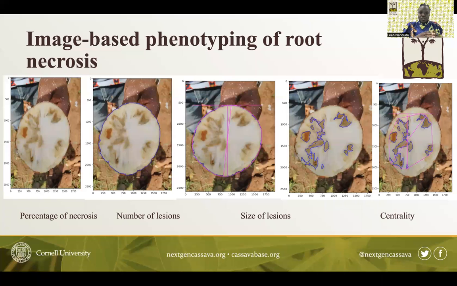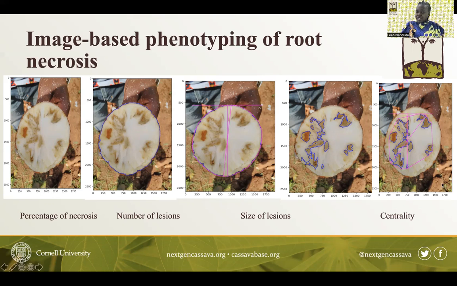So what we're planning now is to use images to extract information on the percentage of necrosis, which is generally the percentage of the necrotic lesion to the root area. And we also want to account for the number of lesions and the size of lesions, so we could actually use imaging tools to extract the size of lesions, as you can see in this case, but also the